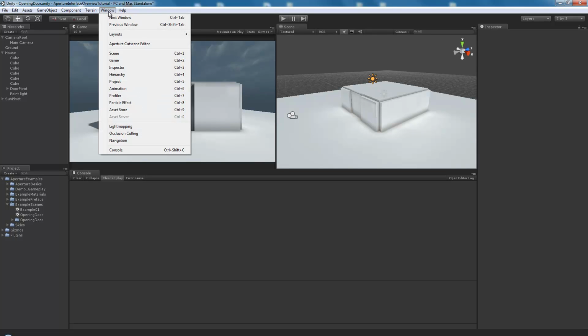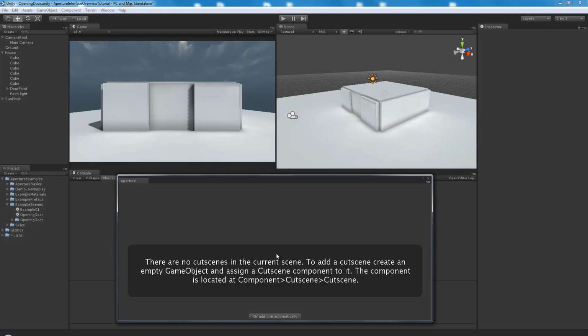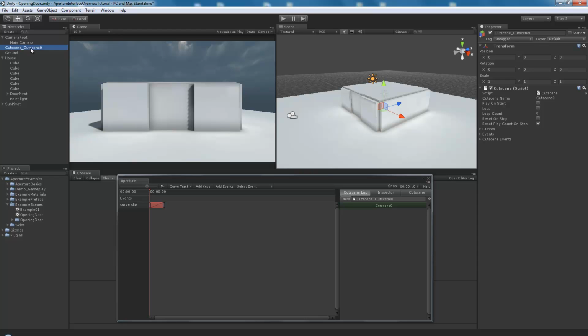do by going to Window and Aperture Cutscene Editor. And right now there's no cutscenes in this scene, so you can manually add one. It'll tell you here how to do that, or you can click on this button and it'll automatically create one. So it created this game object where the cutscene data is stored,